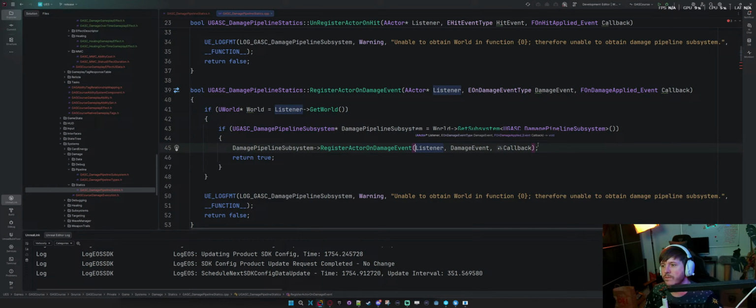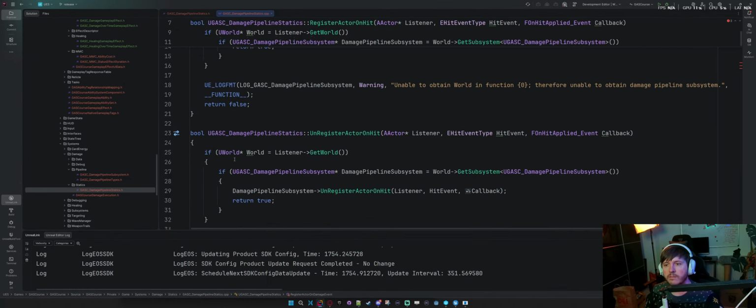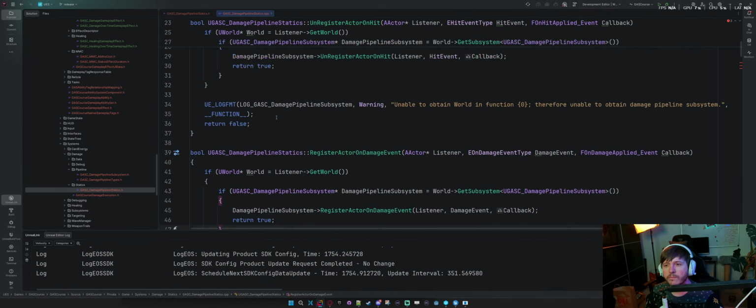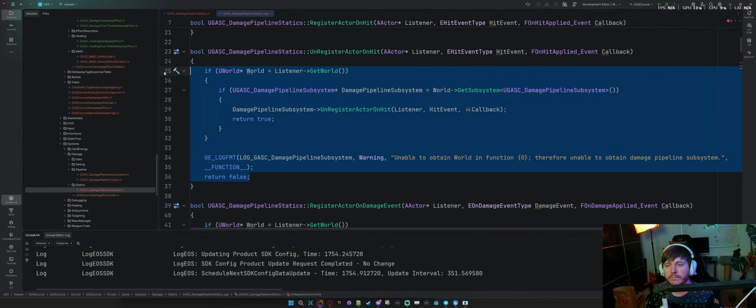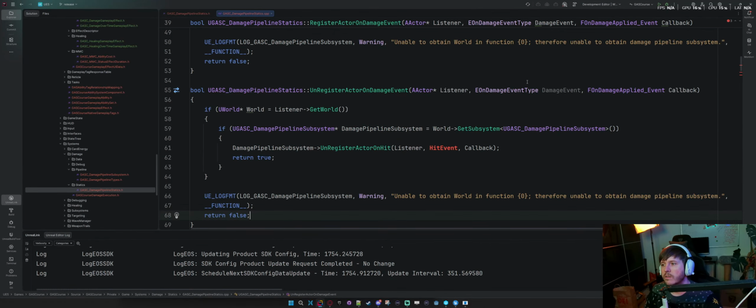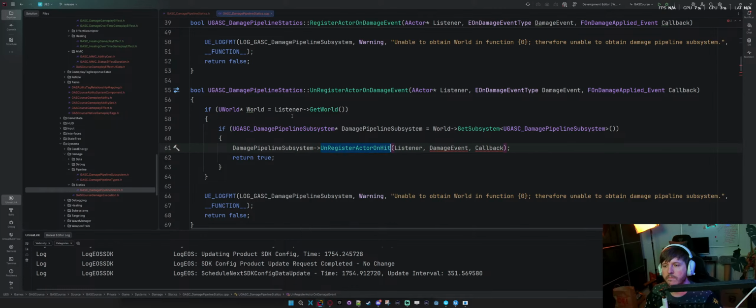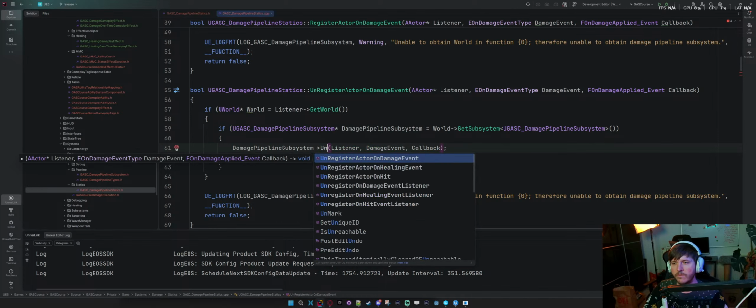So listener, damage event, callback, boom, boom. Okay, and then unregister. Damage event, and then unregister.